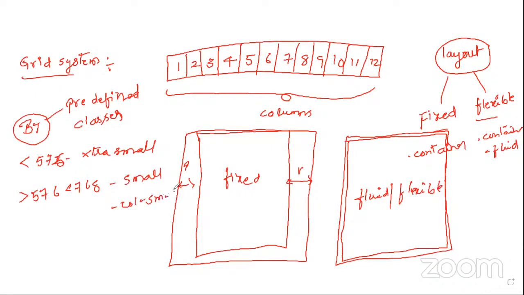SM stands for small, and star is the number of columns you are going to merge. This is what we discussed. But I'm just recollecting so that those who were not able to understand the grid system get a revision. Once the grid system is familiar, I am going to build some real-time scenarios today, which we use in real-time applications. I have already created a couple of examples, and I am going to explain those examples for you guys.